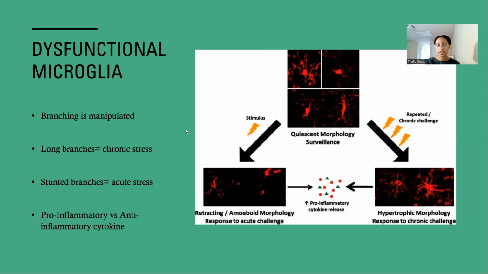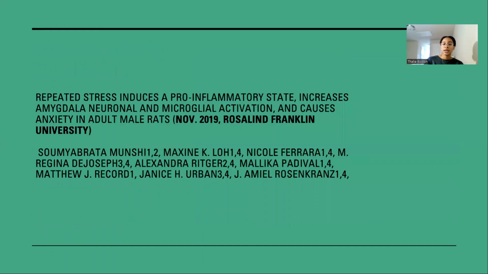The reason it's such an issue is because it releases so many pro-inflammatory cytokines in comparison to anti-inflammatory cytokines. When it creates more pro-inflammatory versus anti-inflammatory, the central nervous system is in a state of homeostatic imbalance, and it's not able to process the stress functionally. And like I said, the amount of neurotransmitters is not in the correct balance as it should be. This directly relates to an experimental study that wants to validate this type of observation in our microglial cells.